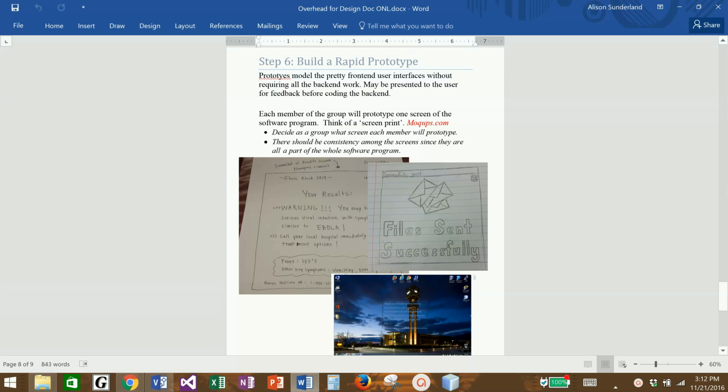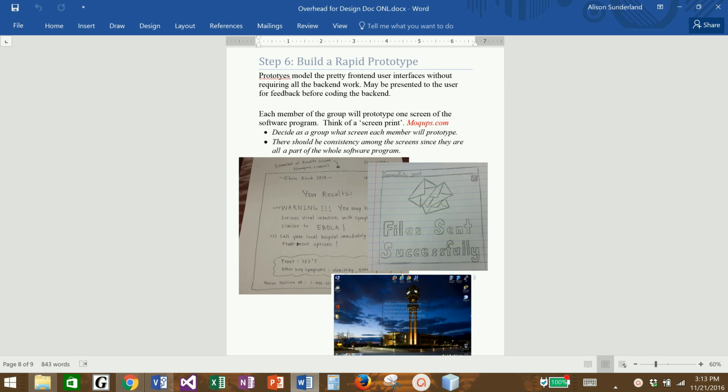The sixth step in the process is to build prototypes, rapid prototypes, or the skeleton of the system. We did prototypes when we were designing our hardware toy. We're going to do prototypes again for our software program. You can think of them as screenshots. Imagine that your software is going to be moving from screen to screen to screen, conveying information to the user. If you could take a snapshot of a moment in time of what that screen might look like, that would